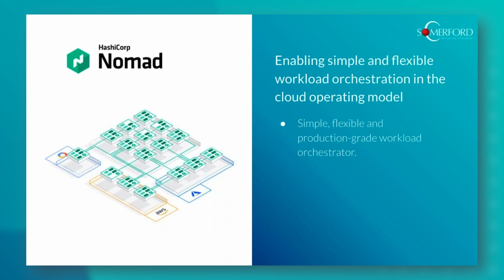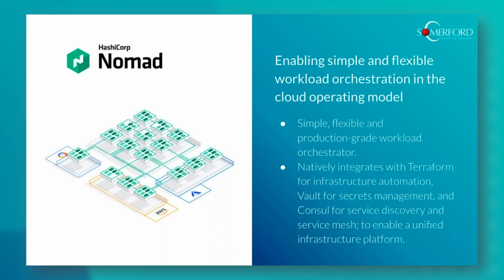It's part of the HashiStack and integrates directly with Terraform. So there's a handoff there. Build your infrastructure and get the workloads running on it seamlessly is the idea, with secret management from Vault and service discovery and service mesh, all